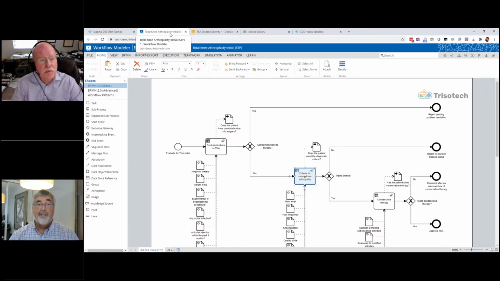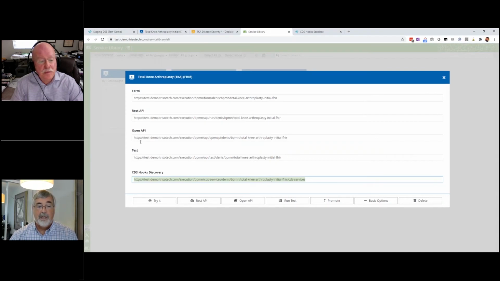So we can publish this visual artifact so that it is the code. So fundamentally, in the BPM+ Health approach, you have a single knowledge artifact that is both the documentation and the code to execute. So when we publish this service here, we have different endpoints that are generated,